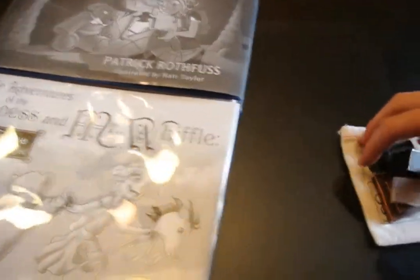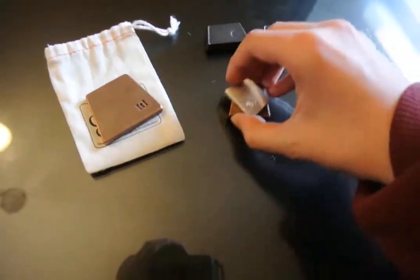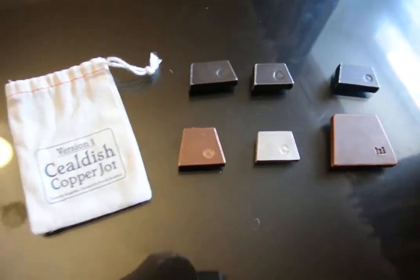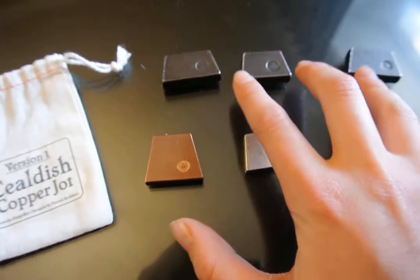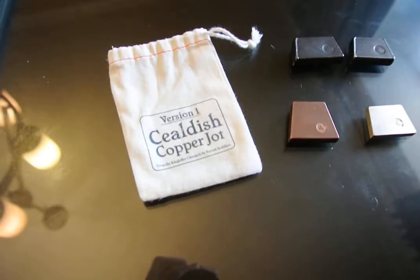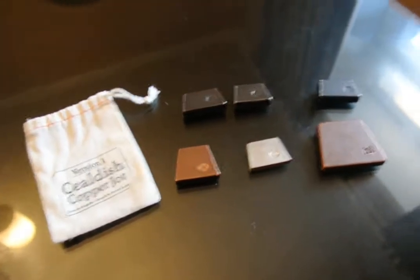And if you've already read it, here's something special, as promised. This is the main currency within the story, and because of the popularity, he actually has made prototypes of these coin sizes, and then an earlier prototype, which you see here, of the copper jot, silver talent, and iron drabs, on a roughly base 10 counting system. So 10 iron drabs to 1 copper jot, 10 copper jots to 1 silver talent, and then 10 silver talents